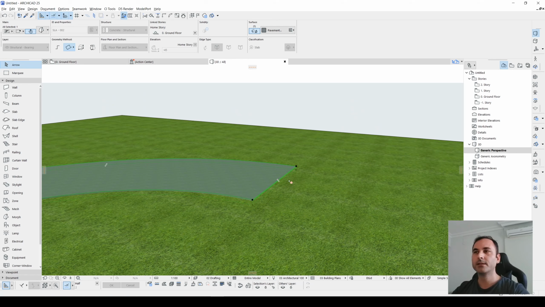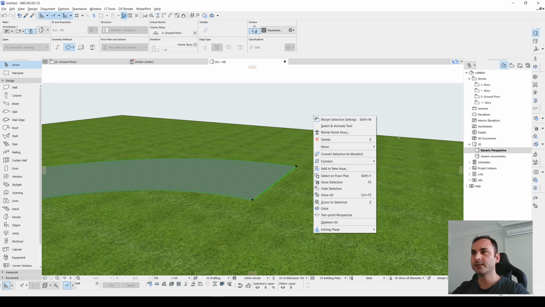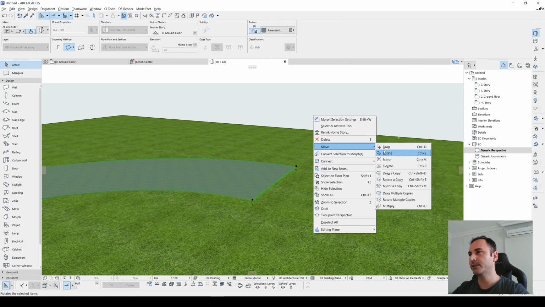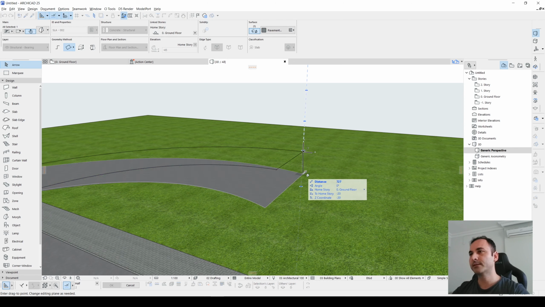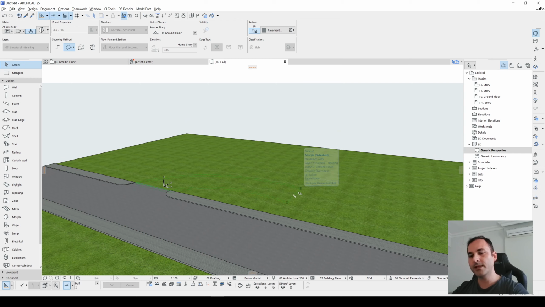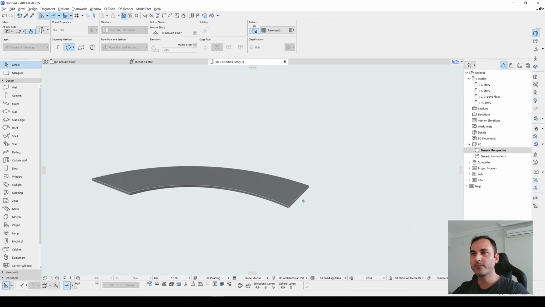And hit the drag, or you can right click and move. Click this point, and I only move this in the Z direction, and I will give a value here. It is going to be your slab elevation, which is -4. I only input 400 here because we have determined the minus direction. Therefore, we don't need to hit the minus. Let's hit enter, and this is what we have.